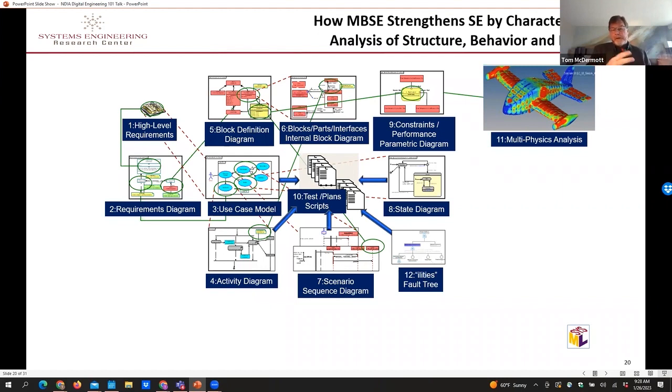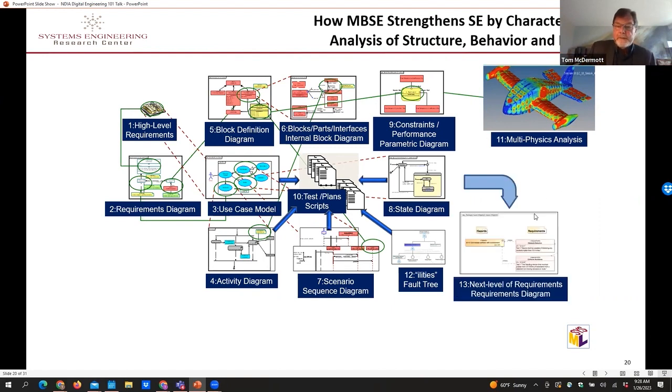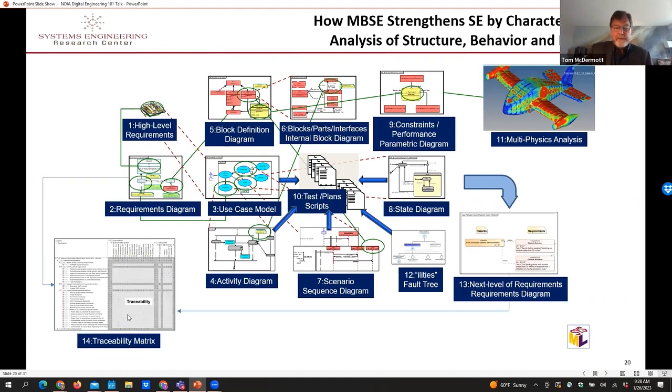But if I'm doing an autonomous UAV that has to go into an automated air refueling activity, then all of these behaviors have to be captured too, and our models have to cover a lot more ground, if you want to call it that. So in a systems modeling tool like SysML, we have the opportunity to describe all this stuff, but not just describe it, to actually link everything together. And we link all those things together in order to feed that down to lower and lower requirements at the part level, and then ideally to trace it all together.